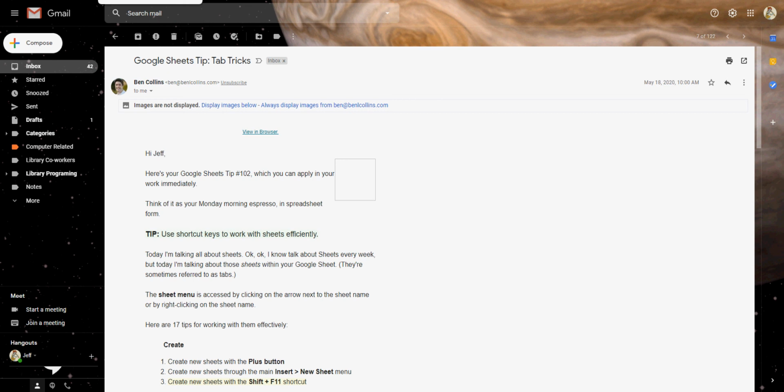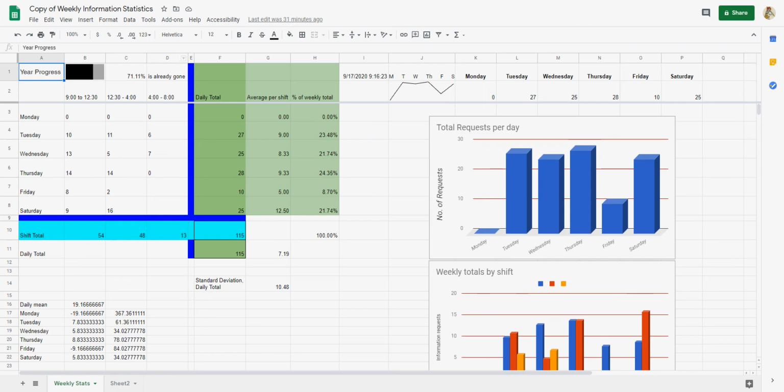Sometimes they get into doing formulas that are just way over my head, and this was one of them. It's simply a bar graph that shows how much of the year has gone by, and if I click on the cell with the bar graph, you can see that it's quite a lengthy formula, and it's not something I would ever have been able to write, so I simply copied and pasted and added it to my spreadsheet,